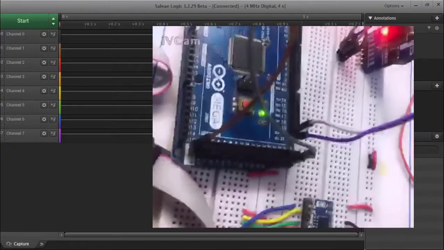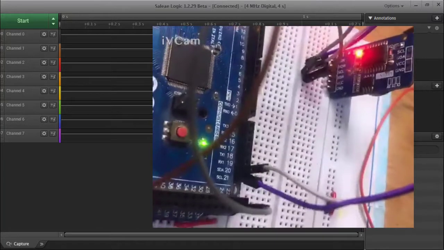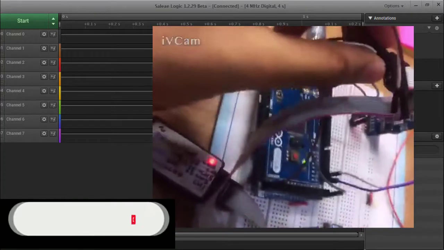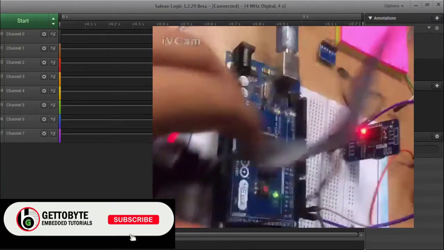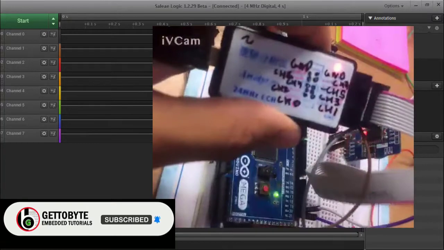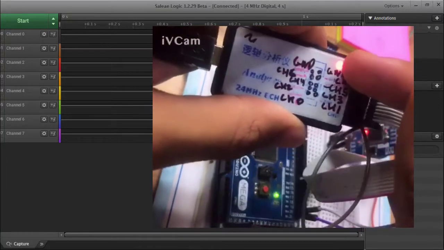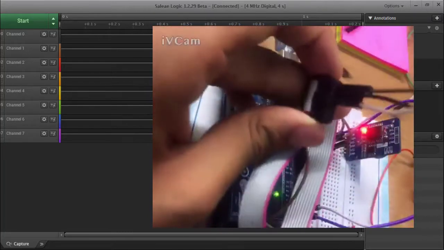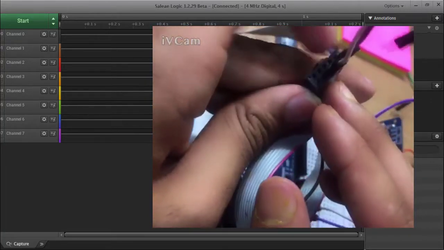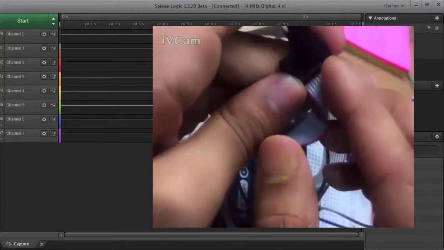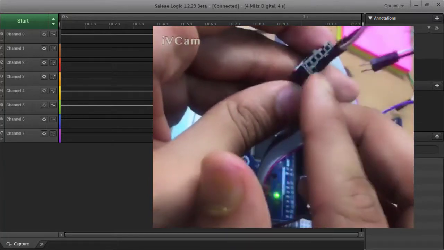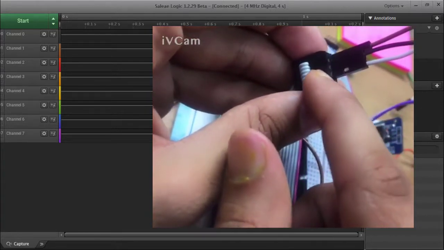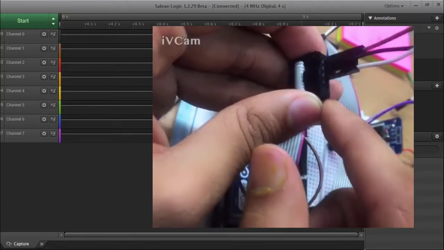So now after doing the hardware connections of the RTC3231 with the AVR microcontroller, we are going to connect the logic analyzer channels, channel 7 and 5. Our logic analyzer channel 7 and 5 are on the second line, after the ground pin. So this is my connector pin, and this is my embarked area. This is my ground, this is the first line and this is the second line. In the second line, the first brown wire is the ground, the black one is channel 7 and the yellow-white one is channel 5.